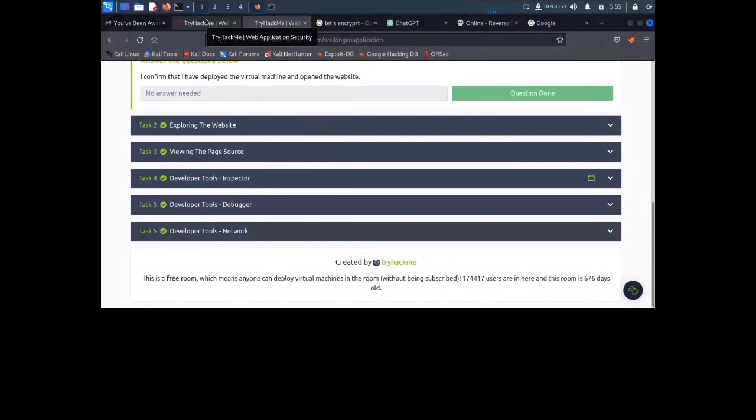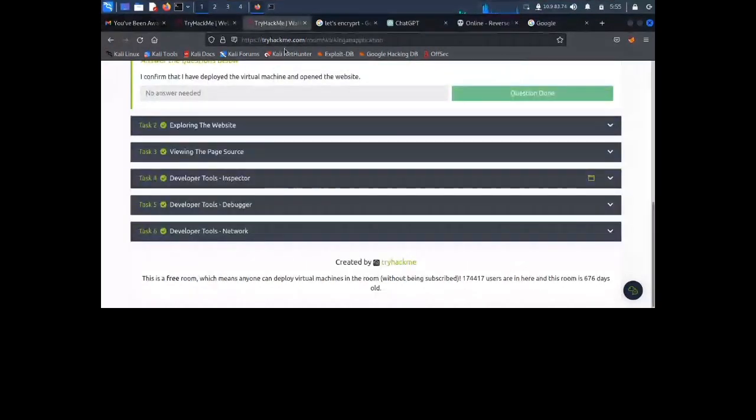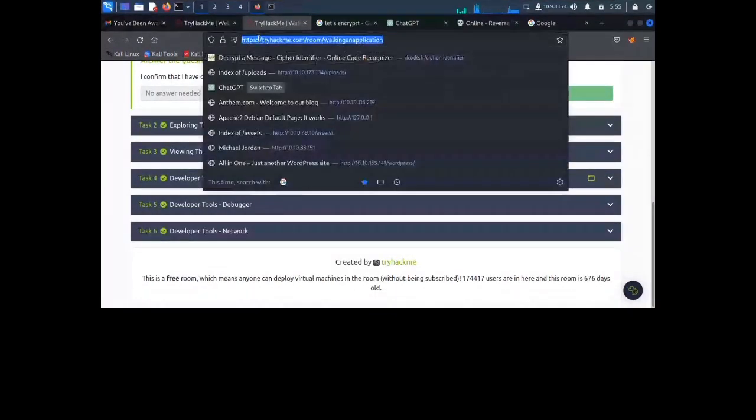So the web application will read the data about the product and their details from the database server. A database is used to store information in an organized way. So everything on the web application has a database. When we search for trackme.com, if you see now, okay,